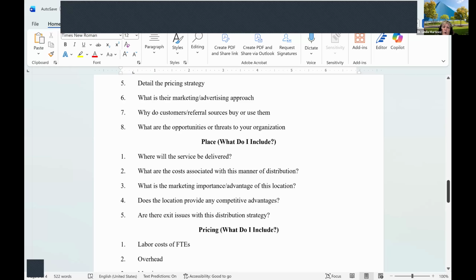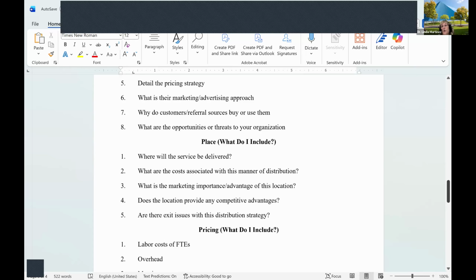Now, what is the marketing importance or advantage of this location? Depending on what your business is, this could be, okay, you've got a building where all of the major highways intersect and they have exits that can get off and get to you. Or if you're a different kind of business, like a free clinic, you're on a bus line, they get off the bus and there you are. Or maybe you're on the subway line. Maybe, if you're doing a free clinic, you're very close to the downtown areas where there are numerous homeless encampments.